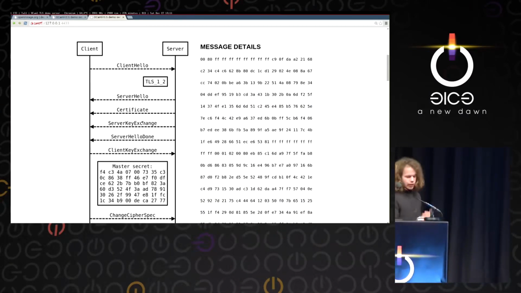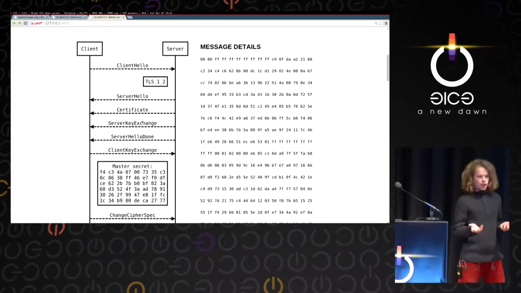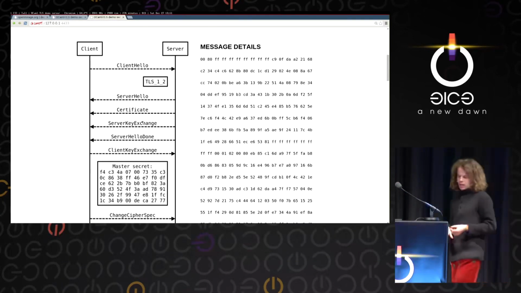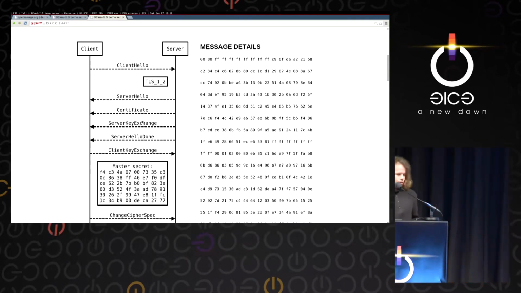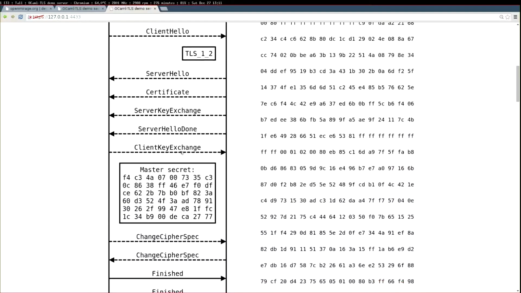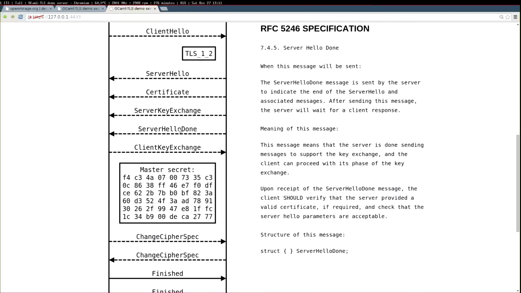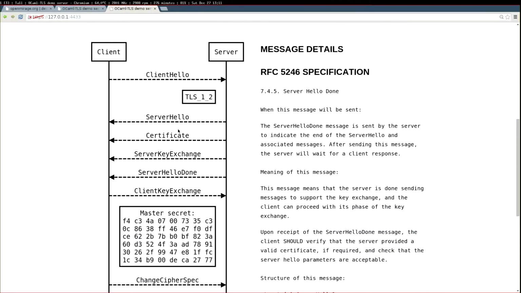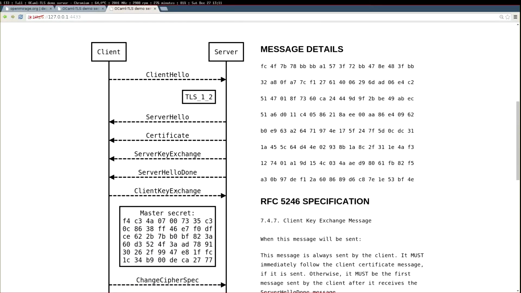Then, since we are doing an ephemeral Diffie-Hellman key exchange here, we need to negotiate, or we need to pick the Diffie-Hellman group and so on. So the server also sends here the Diffie-Hellman group, the generator, and its public value over the wire. And then the server ends with the server hello done, which is, well, now I'm done here with my key exchange. You continue, and the client,